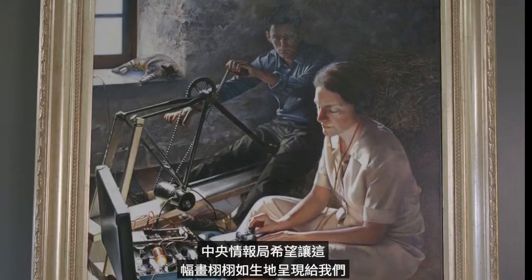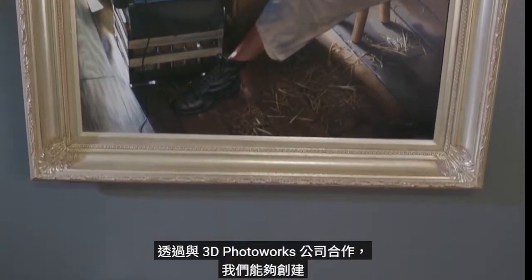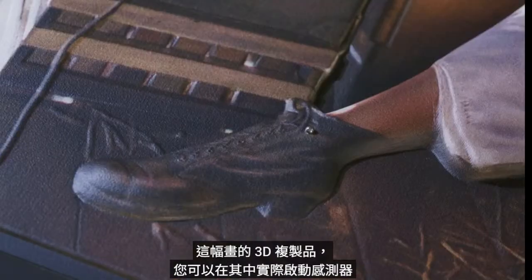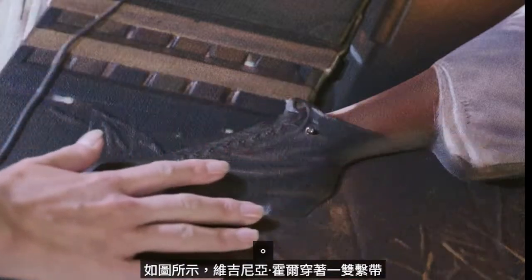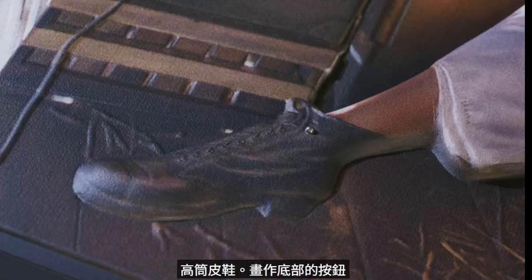The CIA wanted to bring this painting to life for our officers or visitors who have low sight or who are blind. By working with the company 3D PhotoWorks, we were able to create a 3D replica of the painting where you actually set off sensors and hear audio descriptions and sound effects over the exact piece of the painting that you are now feeling. Shown here, Virginia Hall wears a high-top leather shoe that is laced to...